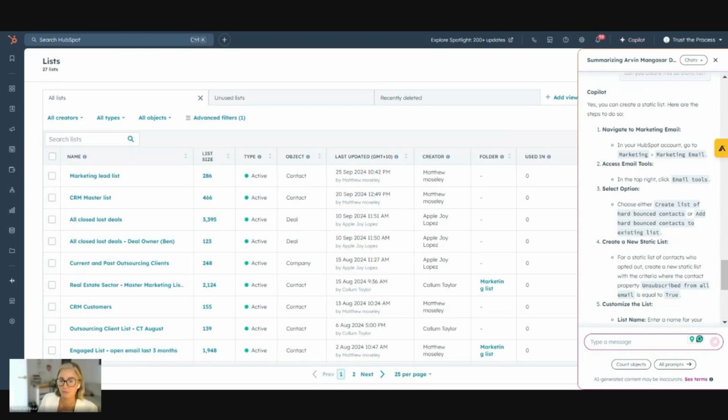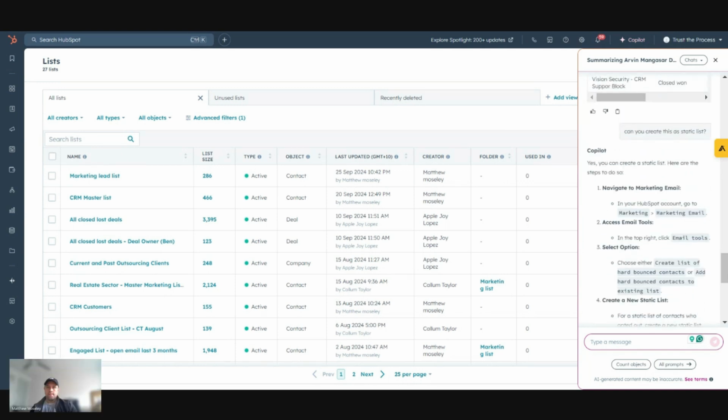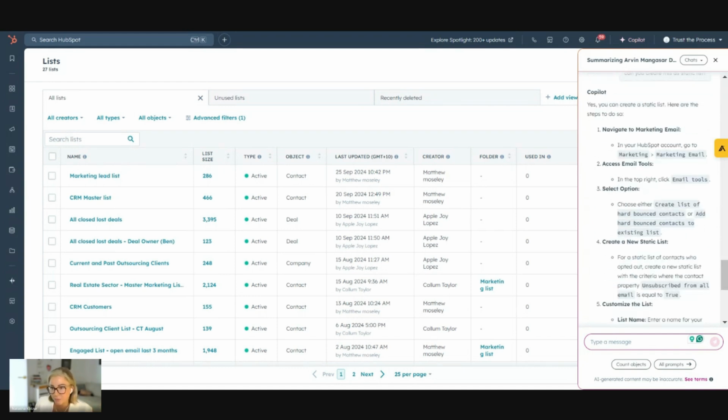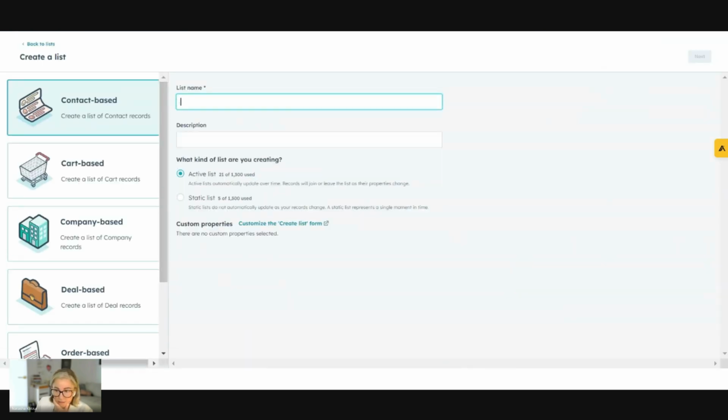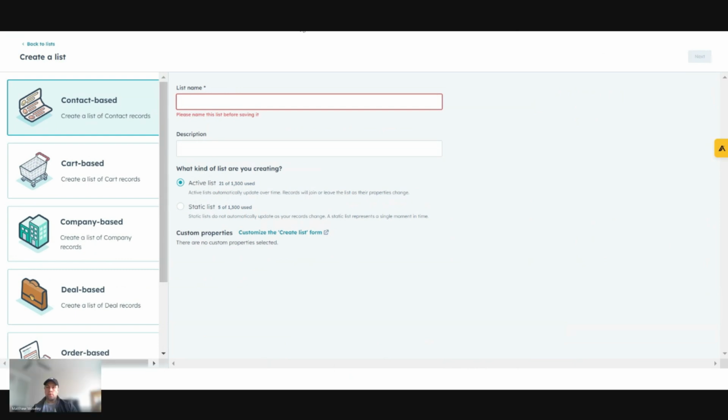So you mean it'll filter it for you? No, you still need to go and create the list yourself. Yeah, we've got to create the list first, and then we can ask the question, what was my closed lost for the last quarter or whatever, and then it'll give me the response, and then we add it to the list. No, you won't add it to the list. The way the lists work is you set the filters, and then the filters will automatically add people to that list.